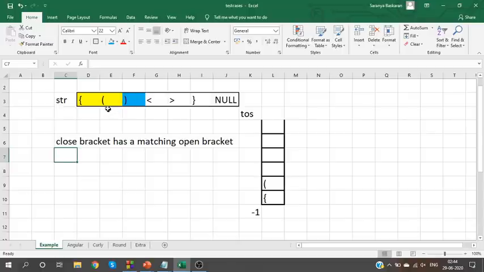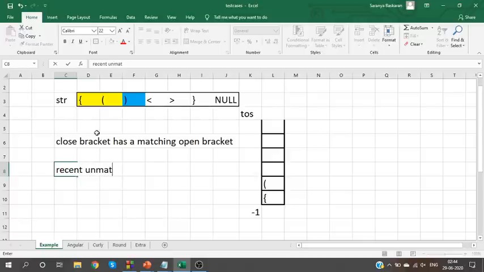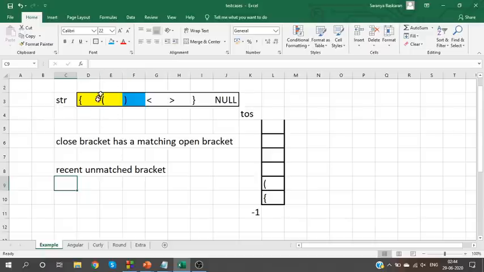The most recent unmatched bracket. It should match with the recent unmatched bracket, not just any random bracket, whichever is unmatched. I can't choose this curly bracket and see whether they are matching. I need to choose the nearest one, the nearest unmatched bracket.